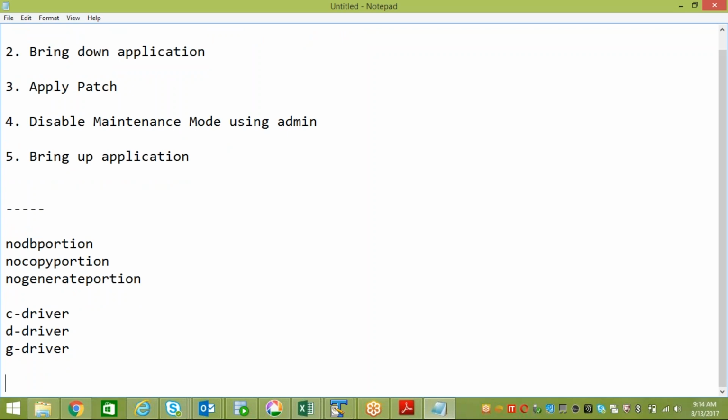So in the first node, you would be applying C drive first and then D drive and G drive. Second node, you would be applying C drive and G drive only. Third node also C drive and G drive, and fourth node also C drive and G drive. Like that, you would be going. Since these drivers are independent, you have a grip to continue,